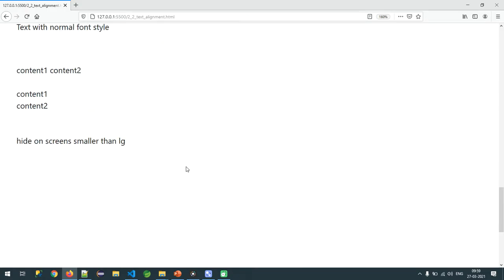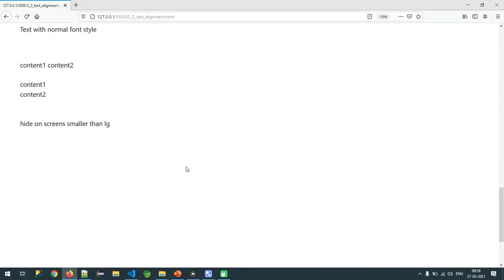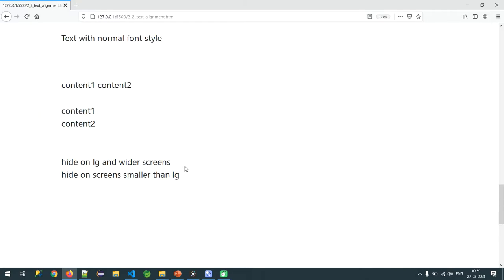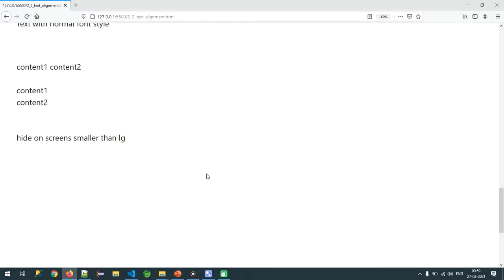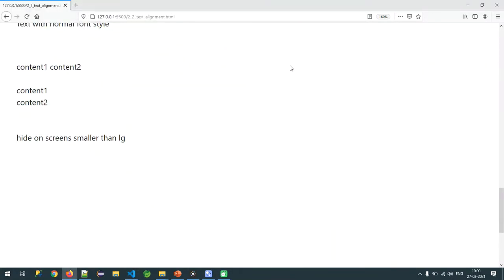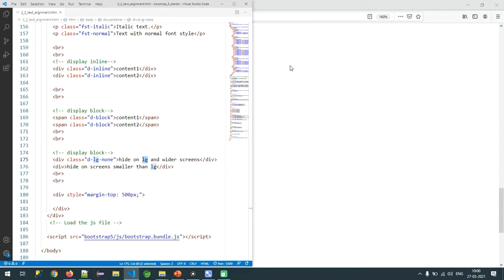So right now see, it is displaying. You can see this one, it is displaying. Now I zoom out. Why is it hiding, sir? Because right now the pixel ratio resembles a larger screen. That is why it is not displaying.